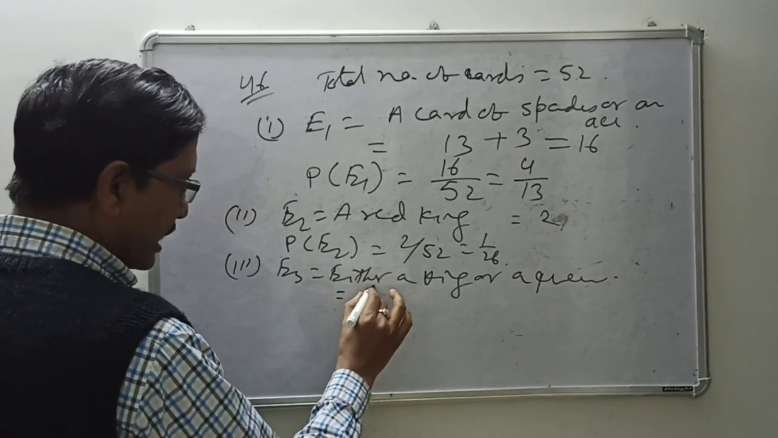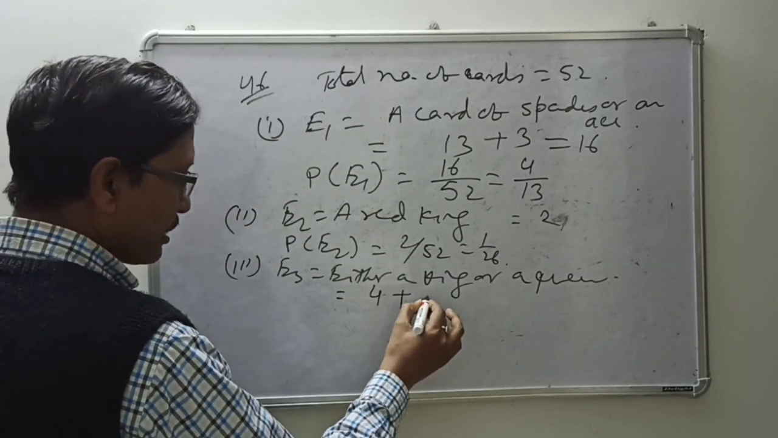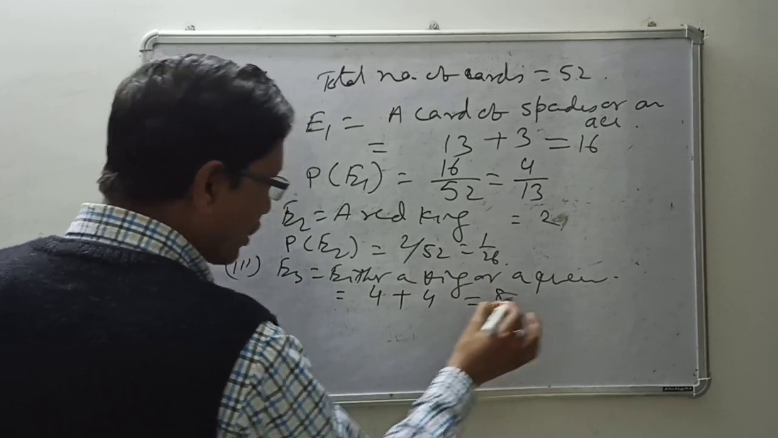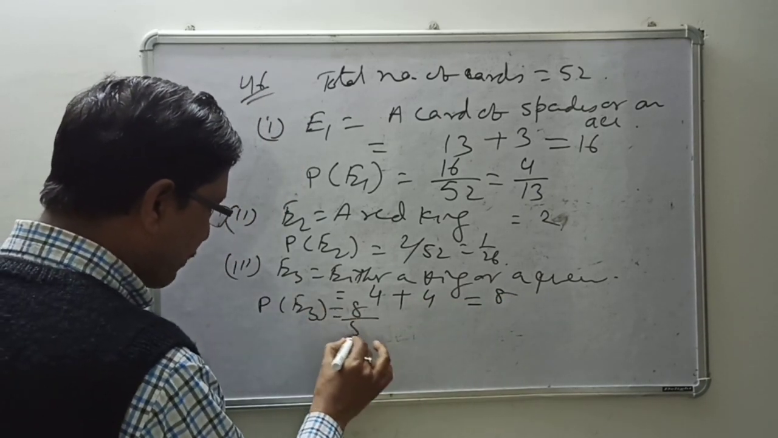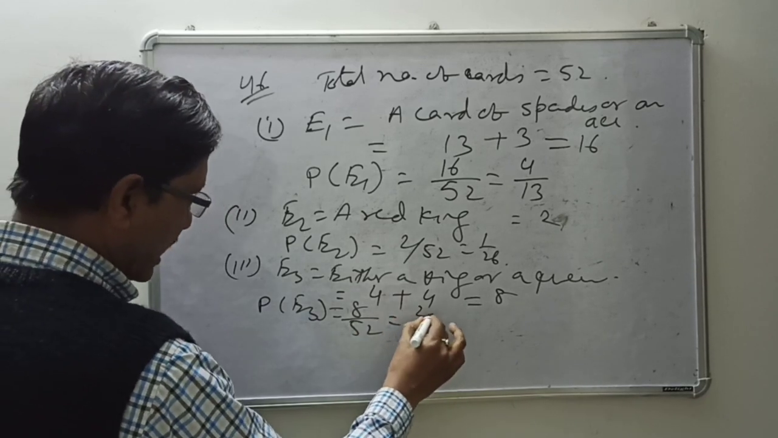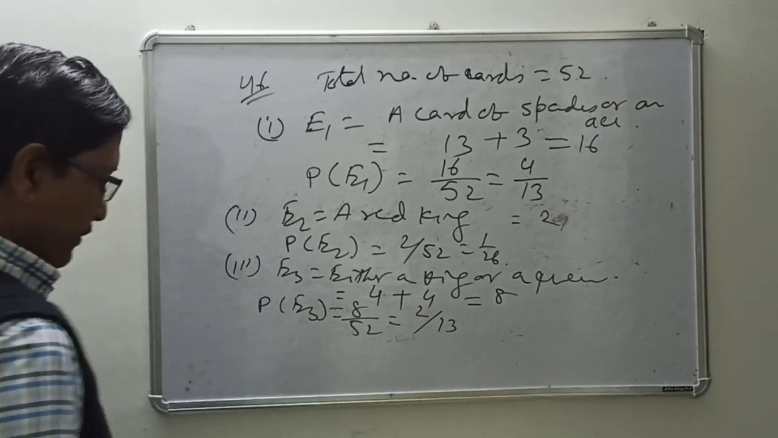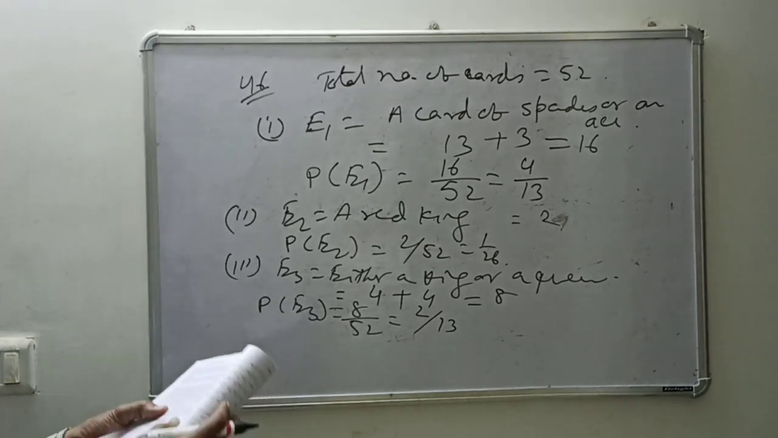That means kings you are having 4 or queens 4. That means it will be 8. The probability of this one is equal to 8 by 52. If you cancel by 4, so 2 by 13. And last what it is having,